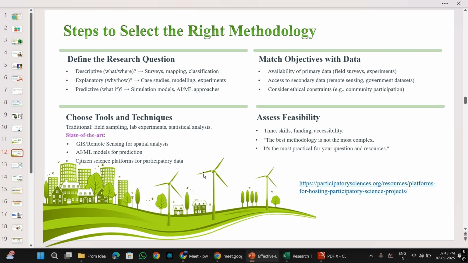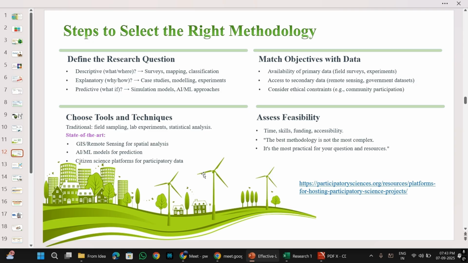When the data is already available, we call it secondary data, somebody else's data that we use. But if we have to generate our data, then we call it primary data. How do you get primary data? Field experimentation, also some surveys and things like that, that will bring new data which was earlier not existing. You have generated that data.